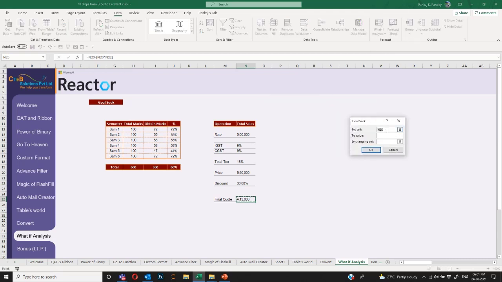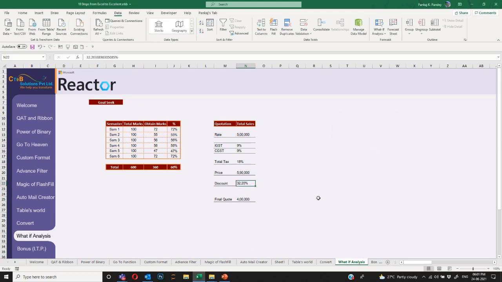In this, we set this cell to 4 lakh by changing this discount cell. Click OK and done. Then it will tell you a 32.20% discount will give you the final quote of 4 lakh. So that is how you can use Goal Seek, and it helps you achieve the result: if you have some goal in mind and some calculation on it, what should be the input variable to achieve that goal.